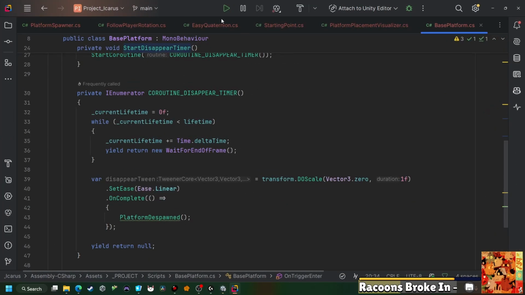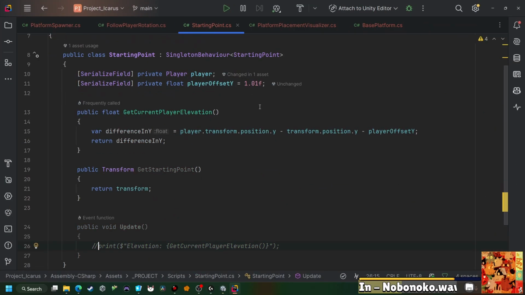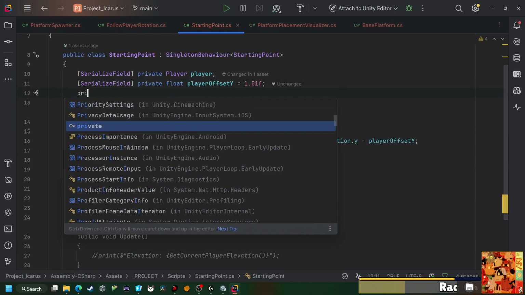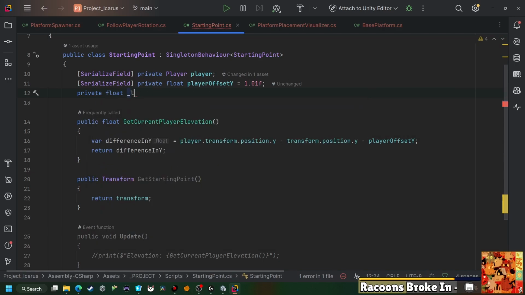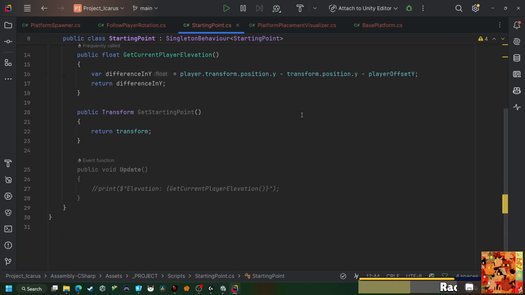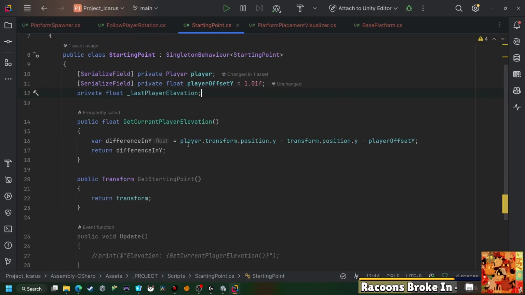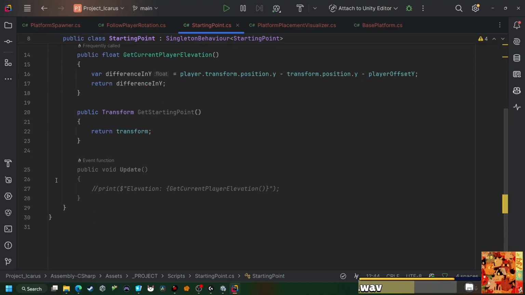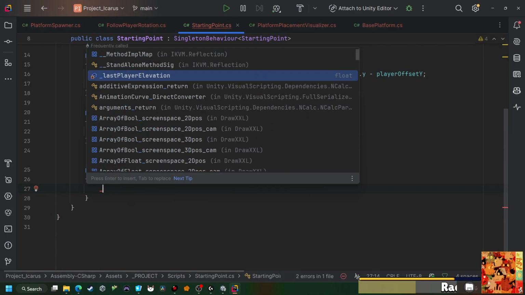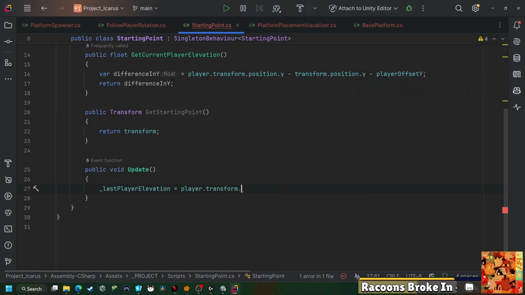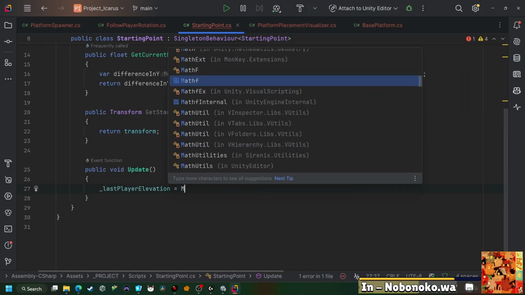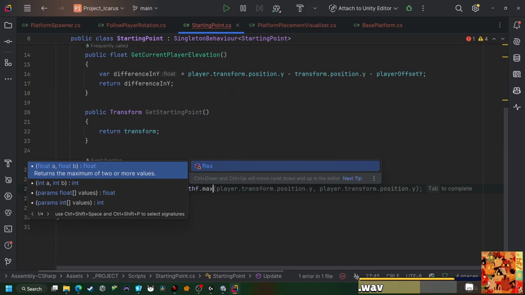I'm going to have a private float lastPlayerElevation. And in Update, I'll set lastPlayerElevation to the Math.Max of